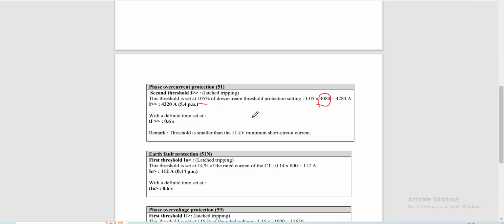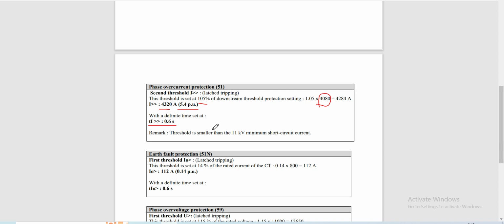So, this is taken from the downstream bus coupler. When we multiply 105% to 480, we have 4,284 ampere, or our pickup current for the second threshold is 4,320 ampere at 5.4 per unit, with a definite time set at